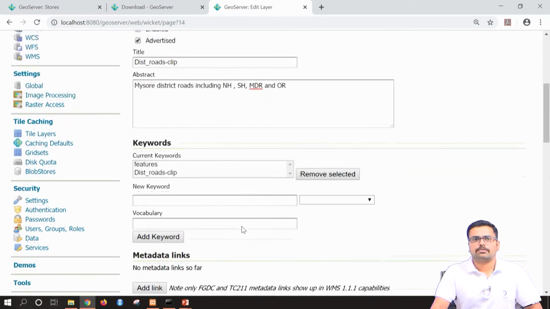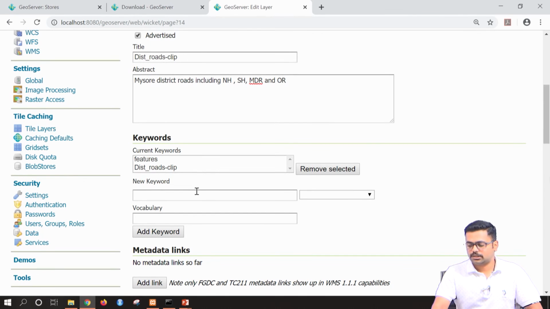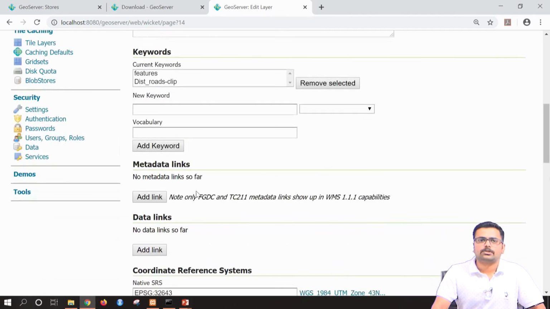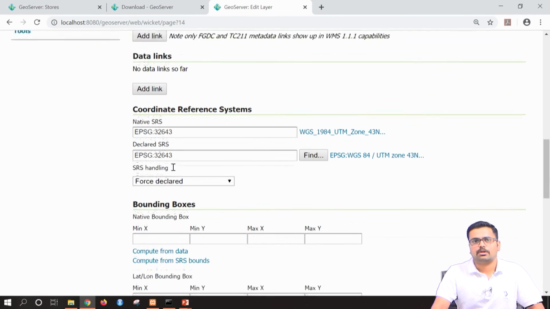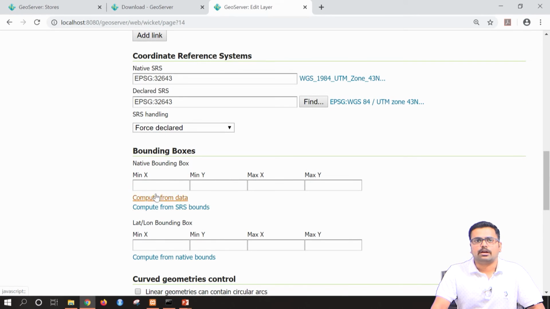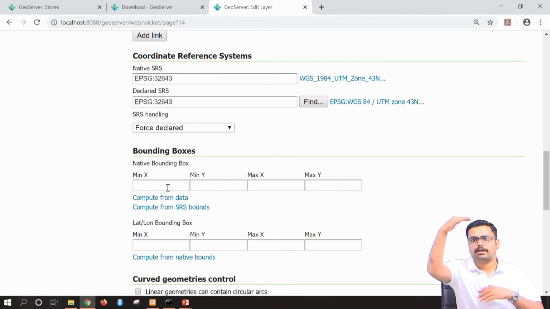Once you give this kind of abstract, the next important thing is to compute the boundary. You have to go down, and here under the coordinate reference system, as you can see, the default it is taking is 32643 because Mysore belongs to the 43 UTM zone north. In the next section, that is bounding boxes, you have to give compute from data, that is you are specifying the minimum latitude and maximum latitude.